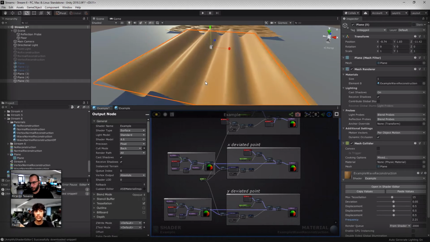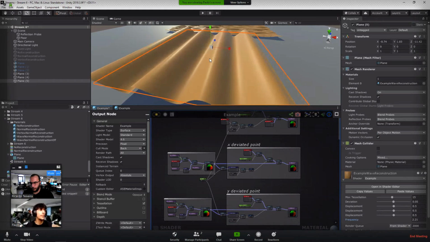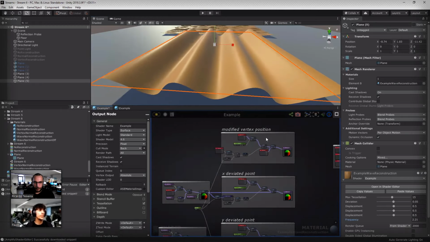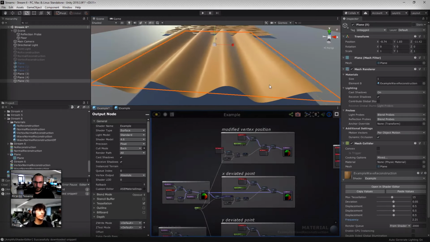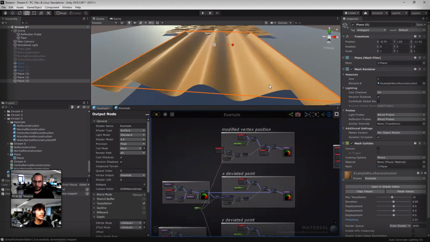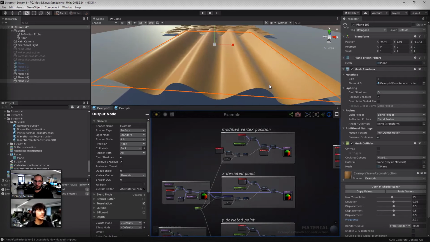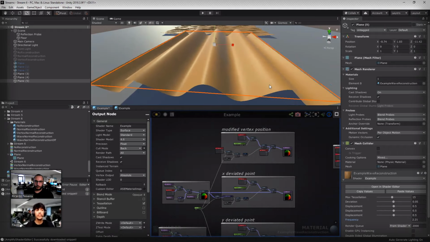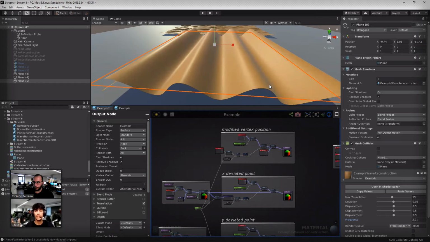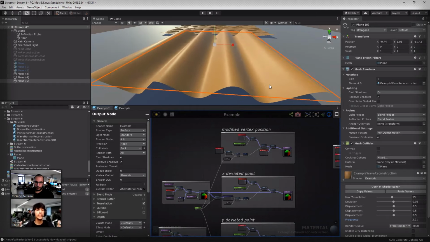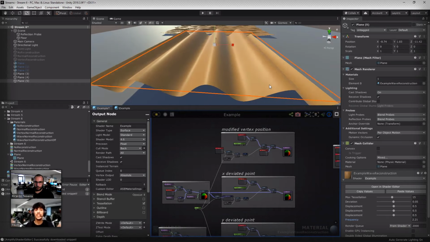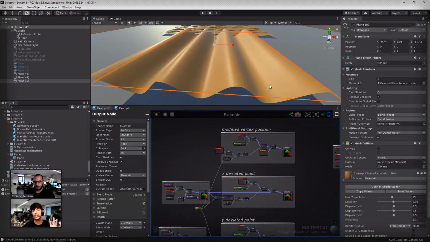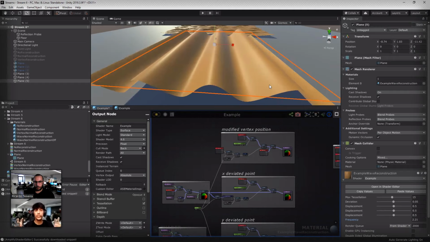in the same fashion. Let's say that my vertex modification here was moving the plane around, so it was moving everything about the plane in the same way. Then the vertex normal would not need to be recalculated, because all the points were originally in the same place already in object space. I know that you can see them in a different position in world space, but the object space information is